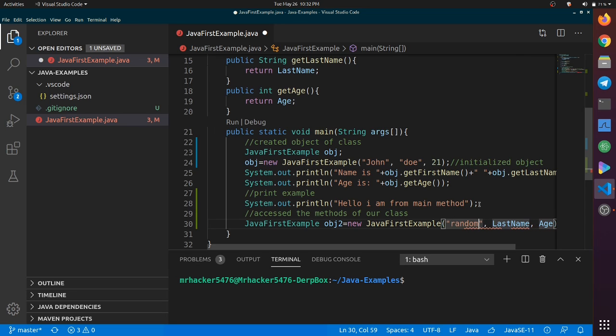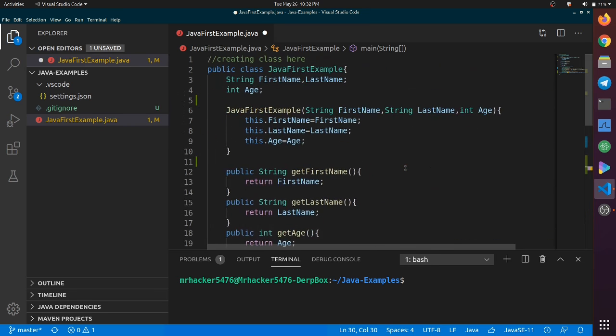So I'll say name random, last name ABC, and age will be 12. Okay, so now we have passed our values to the constructor.